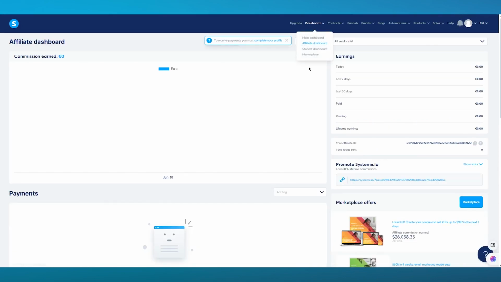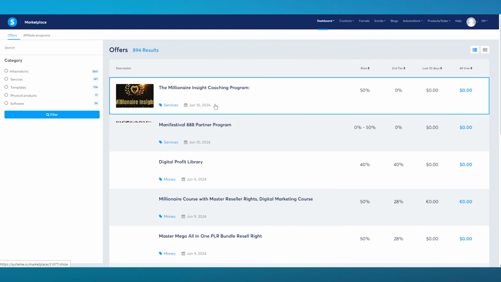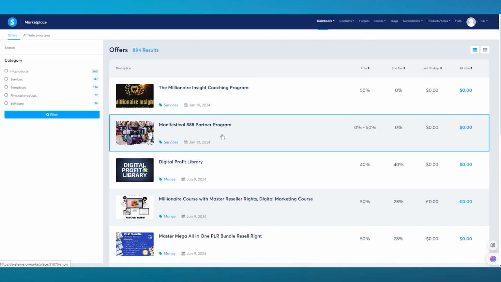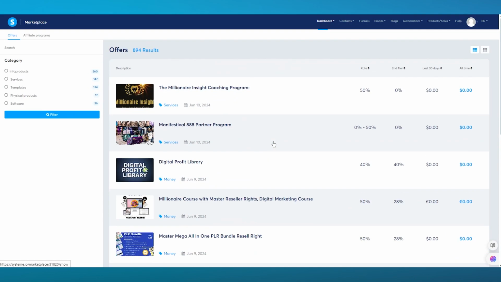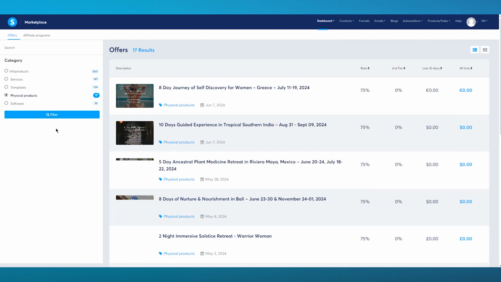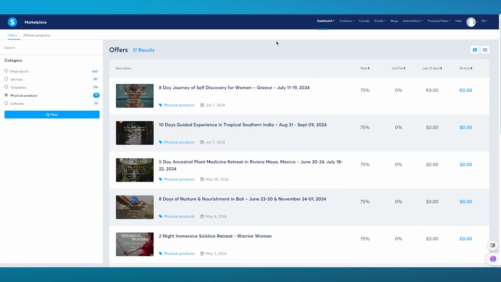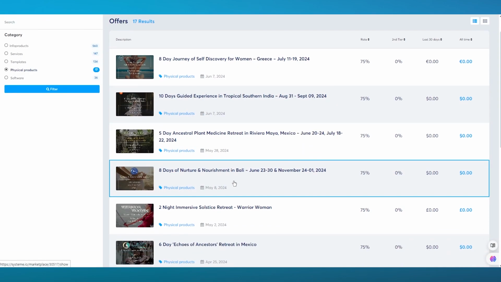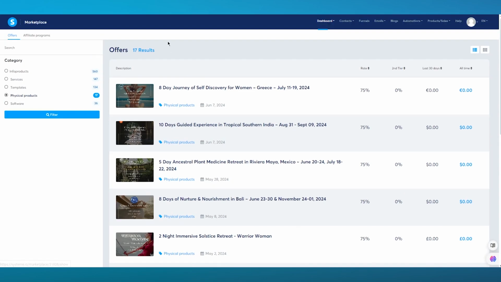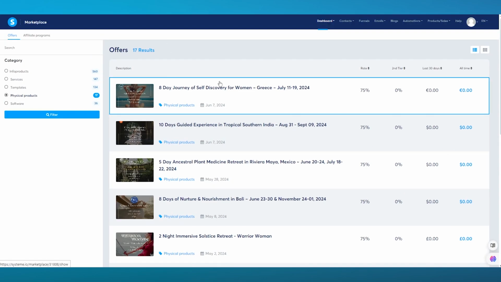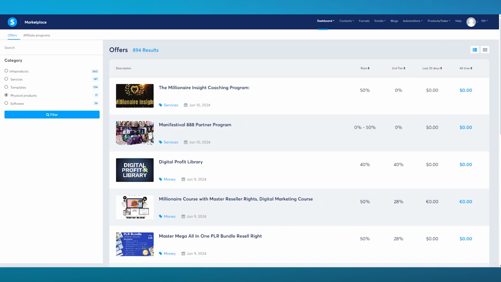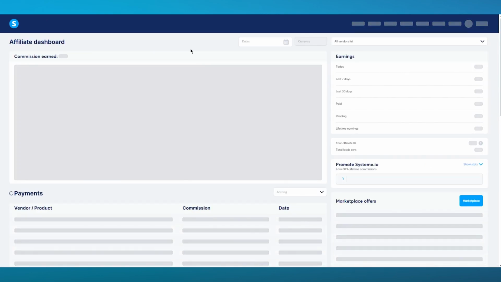Then finally, you also have the marketplace. Now, the marketplace is basically Systeme.io's very own coaching programs, okay, or different partner programs. These are related with different niches. So you have info products, services, templates, physical products. Let's say I'm going to go on physical products and filter these out. Here you can see you have 10 days guided experience in tropical southern India, 8 days of nurture and nourishment in Bali. So you can see different courses, and most of them are free. Pretty incredible, right? So what we're going to do is we're simply going to go back to this dashboard,